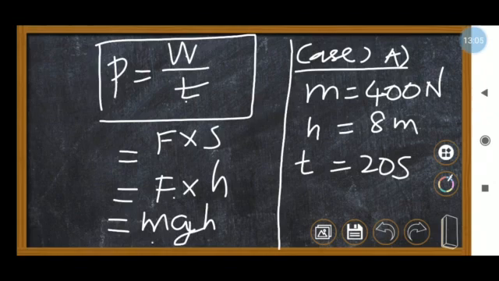Otherwise we can say in terms of potential energy, when any object climbs or moves from one place to another place, or is raised from one place to another place, there must be some potential energy. So potential energy means mgh. Am I right? Potential energy equal to mgh. So how that g will come: as I said, F equal to ma. So a will happen because of the gravitational force. So F equal to mah. Okay, so a equal to g. So mgh. Here time is there, no? So divided by time.